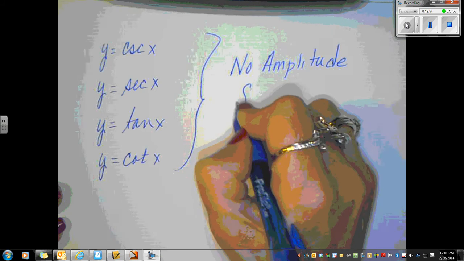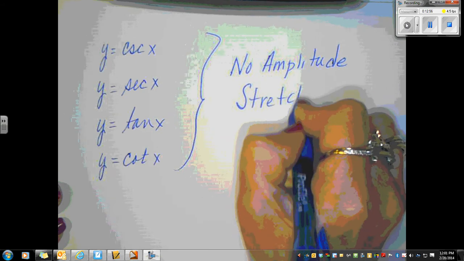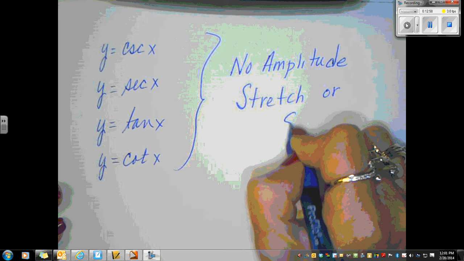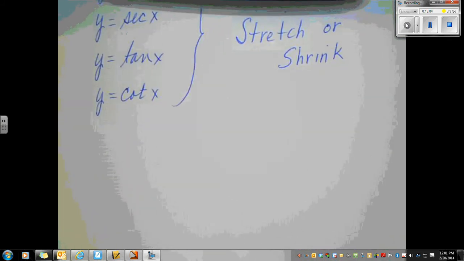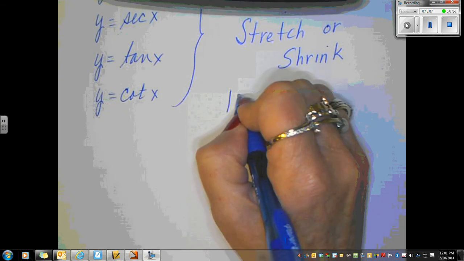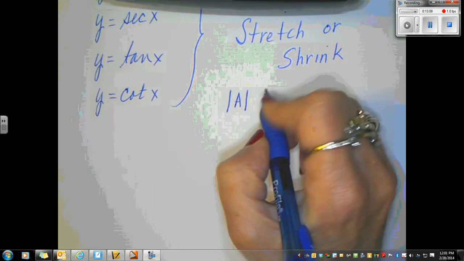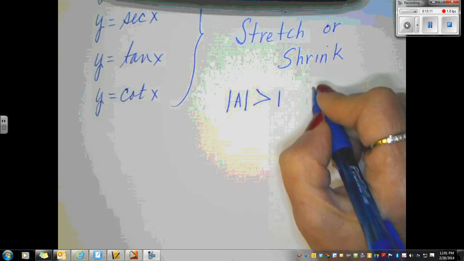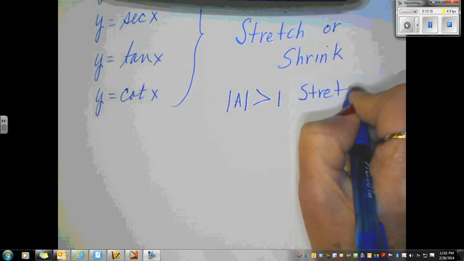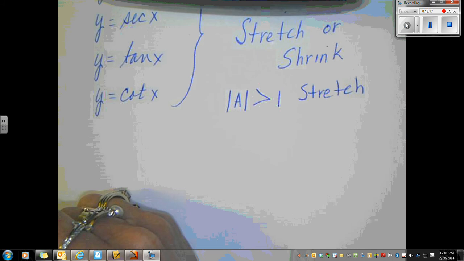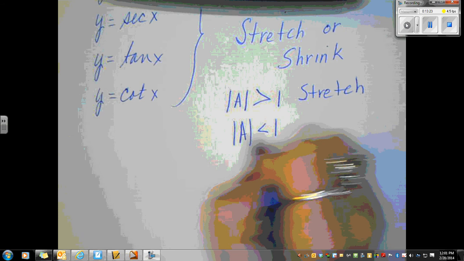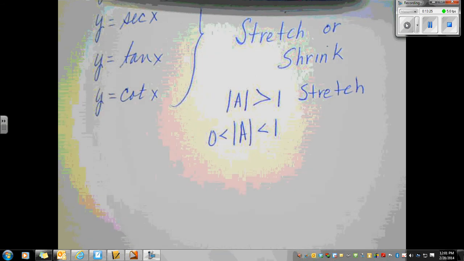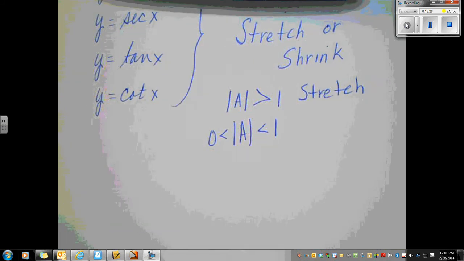They have stretch or shrink. If the A in the front is greater than 1, what do we have? Stretch. If A is less than 1 but bigger than 0, meaning it's a fraction like 1/3, not a fraction like 5/2, and this means whether it's negative or positive,